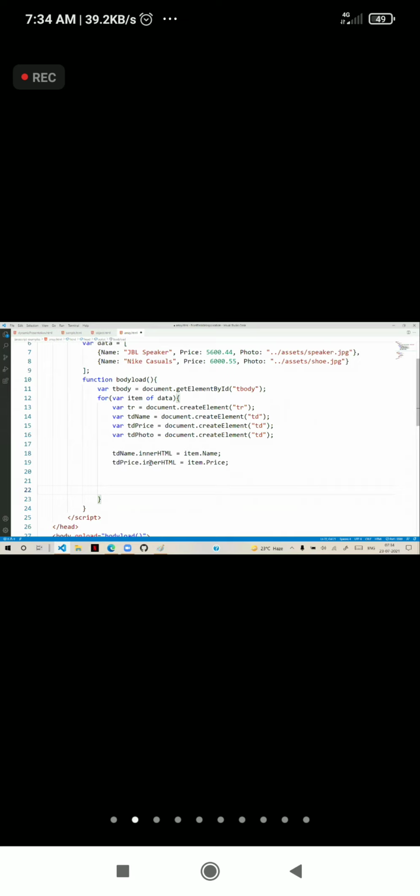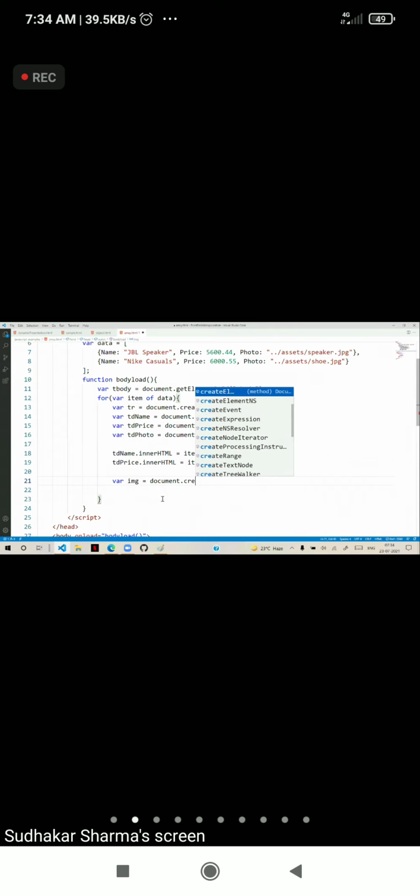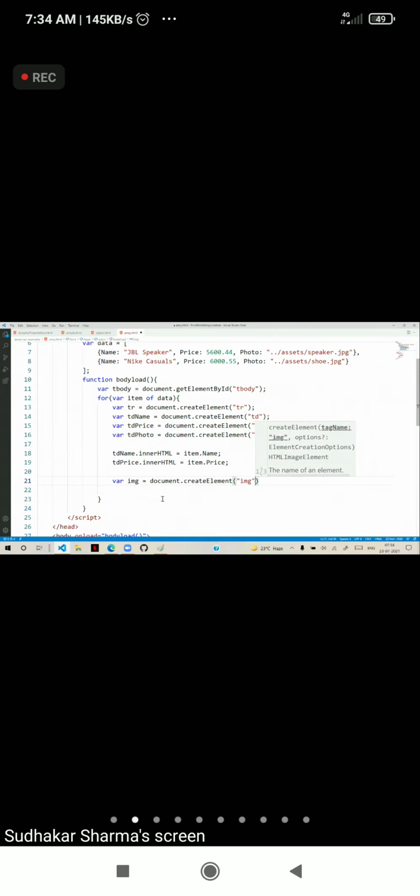But in this table cell, the photo cell, we need to add a photo. That means we need to create an image again. So const img is equal to document.createElement('img'). We have to create an image element.